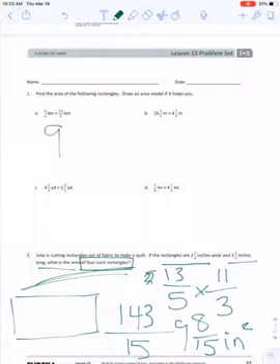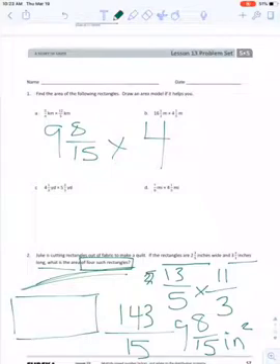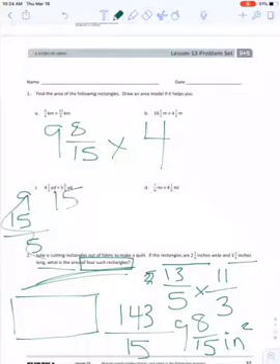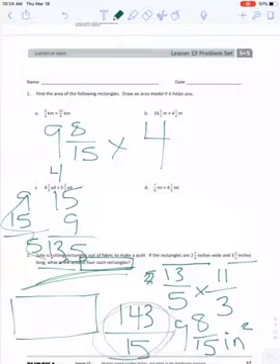Good. So I have 9 8/15 times 4. Now I need to make this into an improper fraction so that I can multiply. So 9 times 15 is 135 plus 8 is 143. We really could have kept it in this form when we had it down here. So I have 143/15